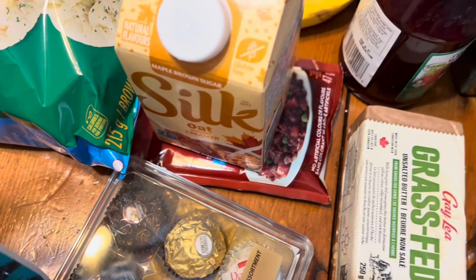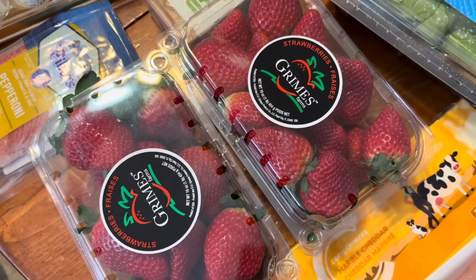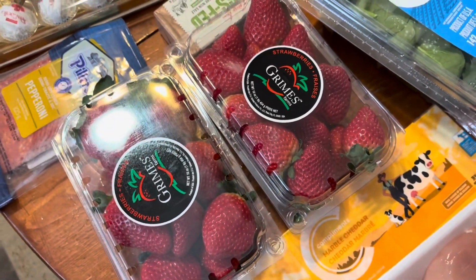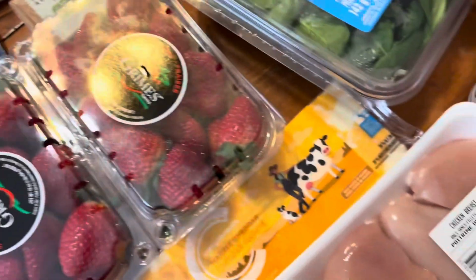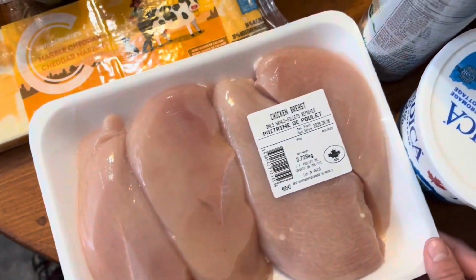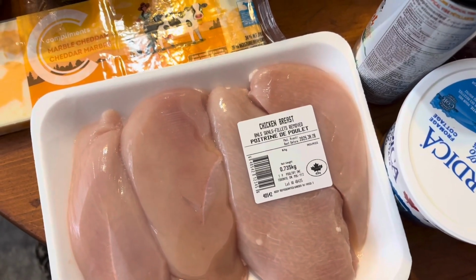We have below the creamer just a shepherd's pie seasoning. I wasn't gonna get strawberries, but they were $2.99 a pack, so I did get 2 because I knew my kids would be really happy if I did. And I also got a brick of cheese. We have 4 chicken breasts, and this will probably make us 2 meals because when I buy chicken breasts,